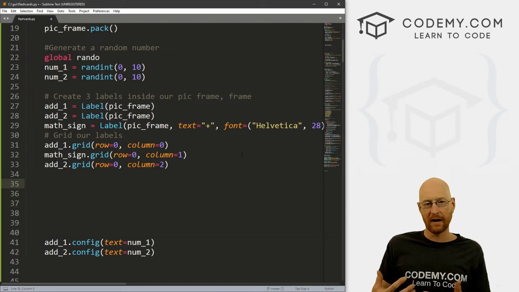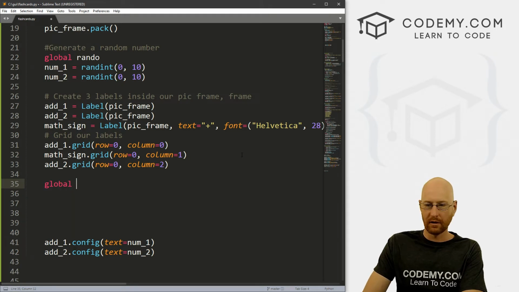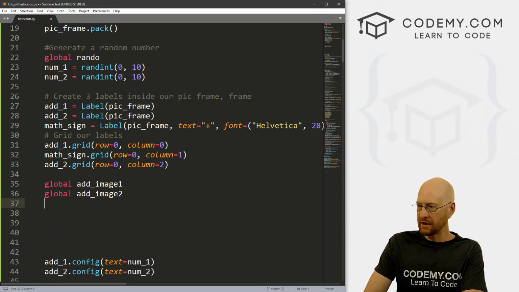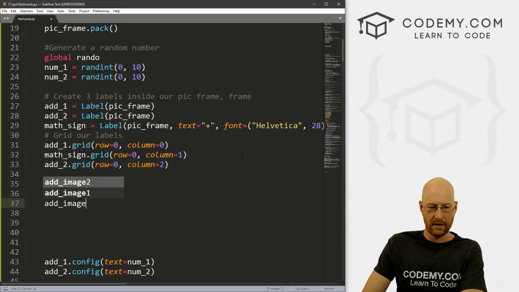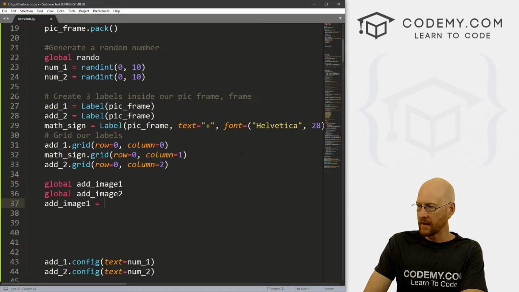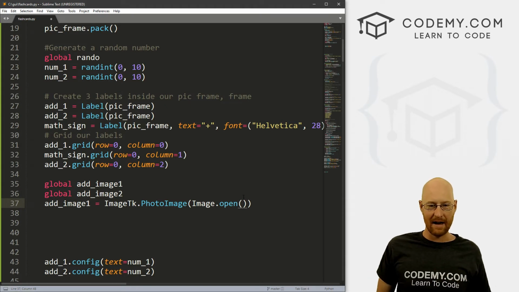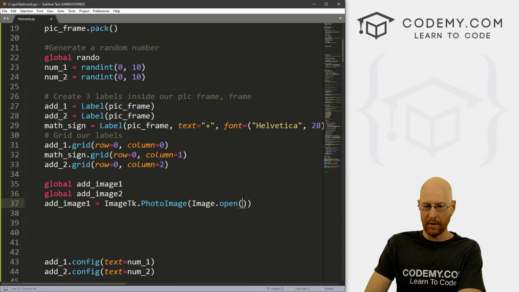All right, now we want to create our actual images. So I'm going to create a couple of global images, and I'm going to call this add_image_1, and then add_image_2. And then for each of these, let's go add_image_1 equals ImageTk, capital T, lowercase k, and it's going to be PhotoImage. And we want to call Image.open. And this should be old hat for you guys by now. We did the same thing earlier with our state flashcards, right? So we want to open, and then we want to just point that to where it is. So it's C:/